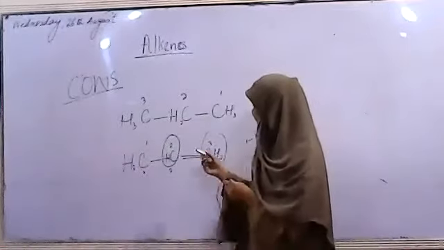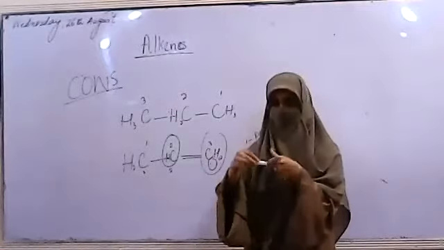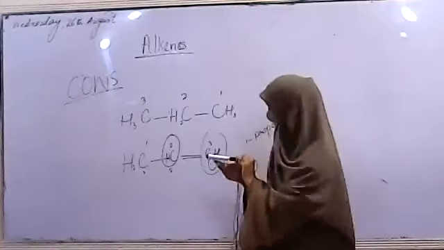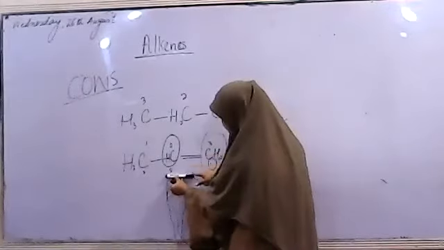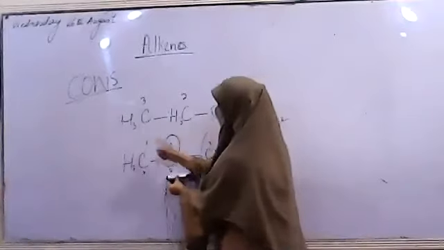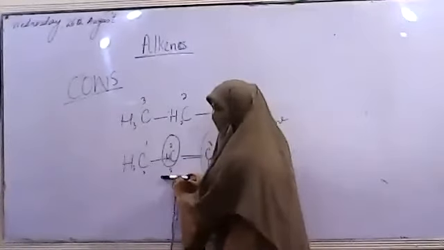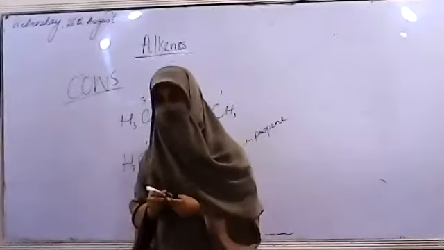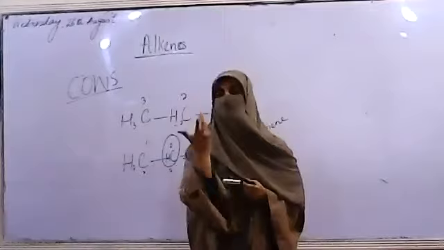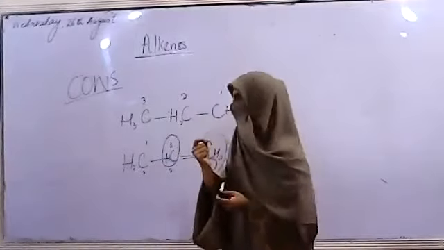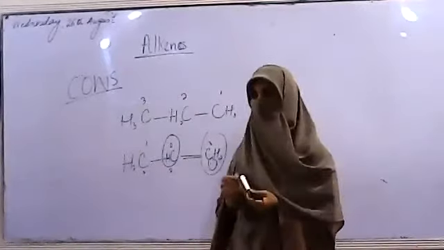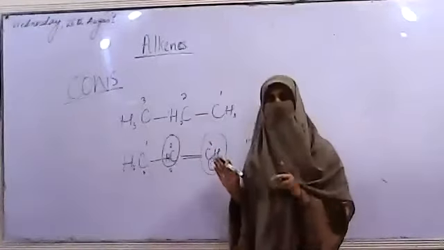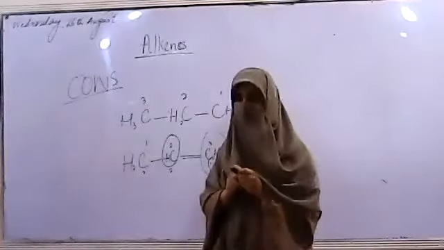It will be just like, let's say, this hole is the double bond and this marker is the simple chain. If you shift the double bond to this position, the compound will be like this one. No change in the name, no change in the molecular formula, no change in the structure. That will not be an isomer, but the same compound, just the reversed position. So remember, in the isomerism of alkenes, we do not have isomers of ethene or propene. The isomers basically start from butene.